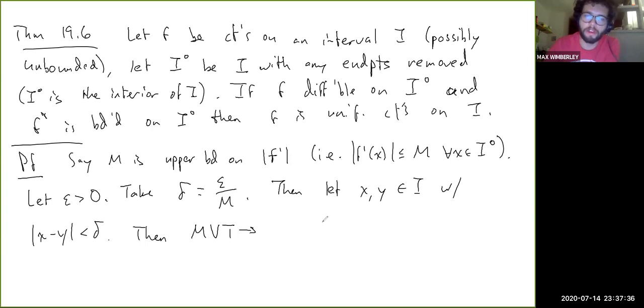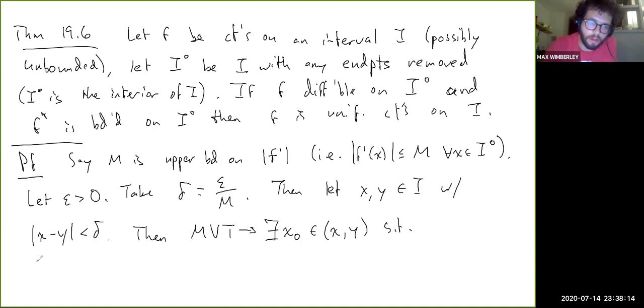Well, we can represent the change in f between x and y as the value of the derivative at a single point in between x and y times the width of the interval. So there exists, I'll call it x naught, between x and y,